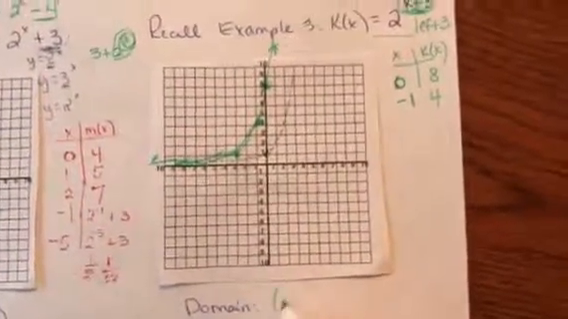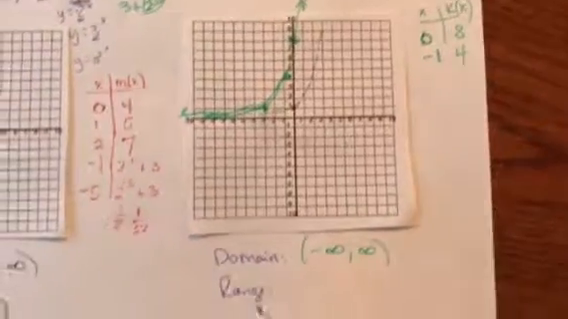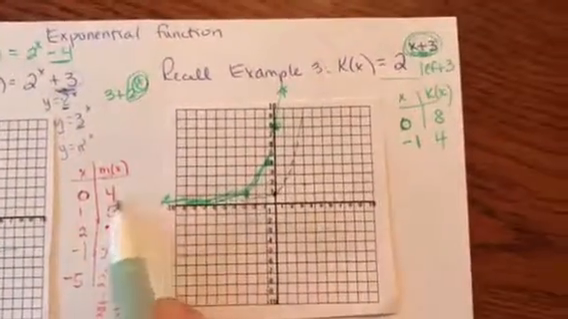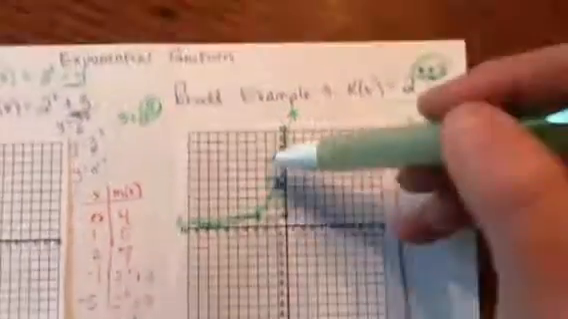Okay, my domain, of course, is all real numbers. My range is how far to the left and to the, I just lied. My range is how high and